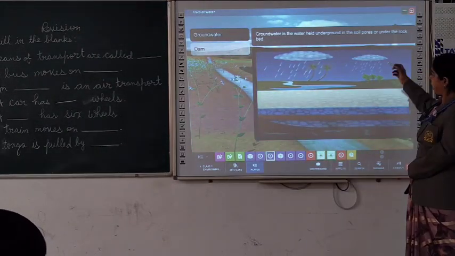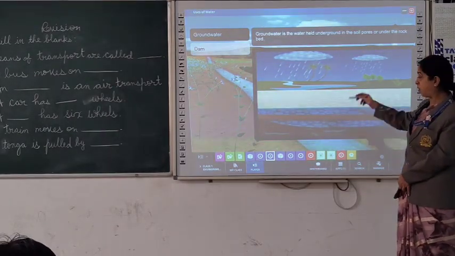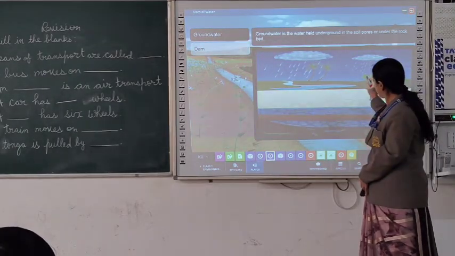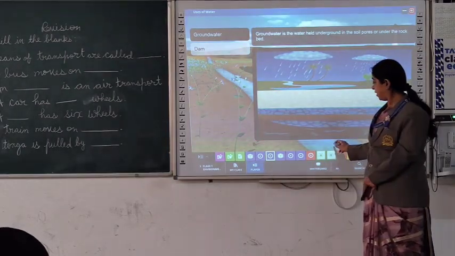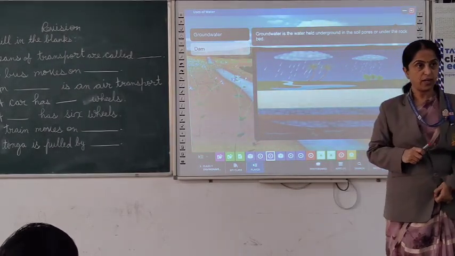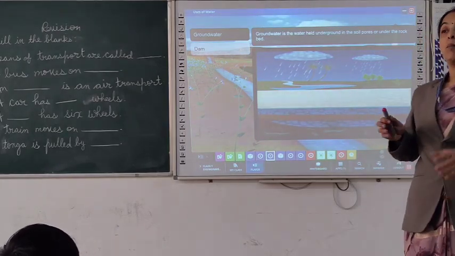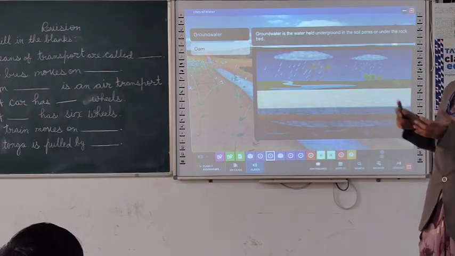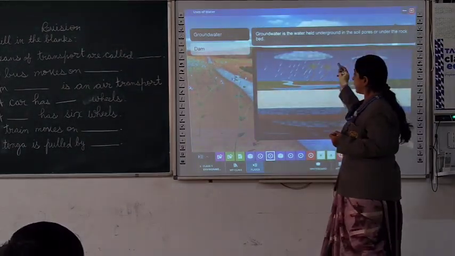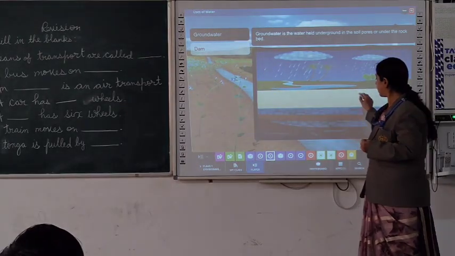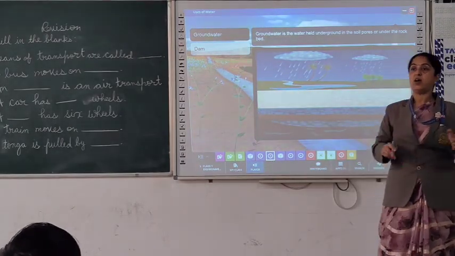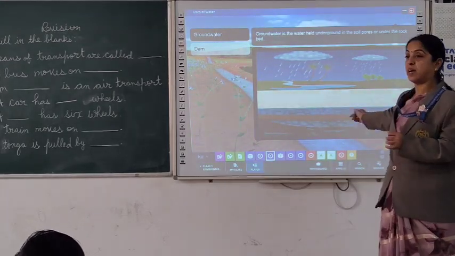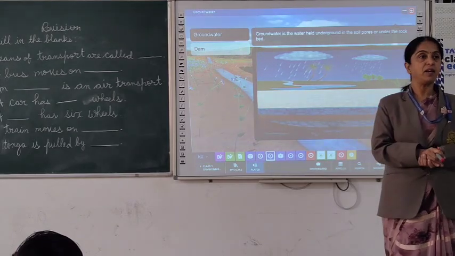What happens when it rains? This water comes down, and then we use this water. जब भी रेन होती है ये रेन वाटर अर्थ के फोर्स की सॉइल के फोर्स से अंडरग्राउंड चला जाता है और जब भी हम कोई वेल डिग करते हैं और इफ वी डू अ बोर this underground water comes up and then we use it.